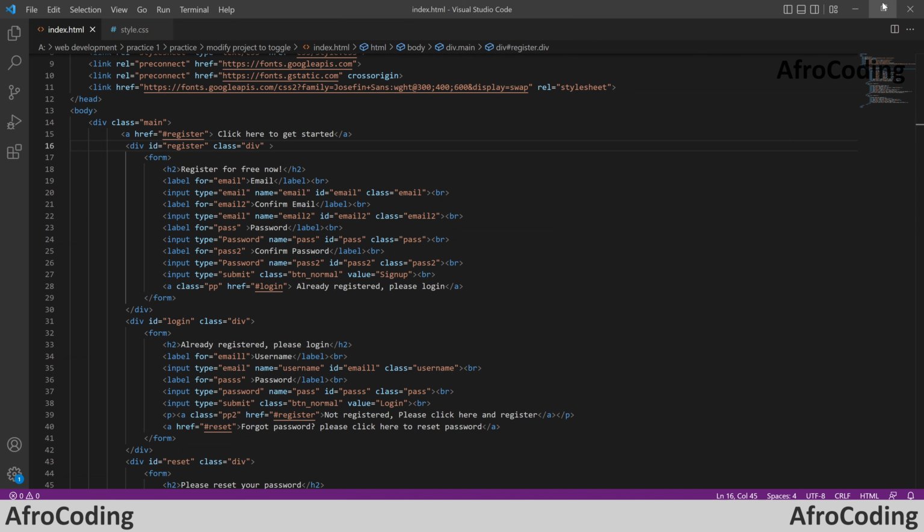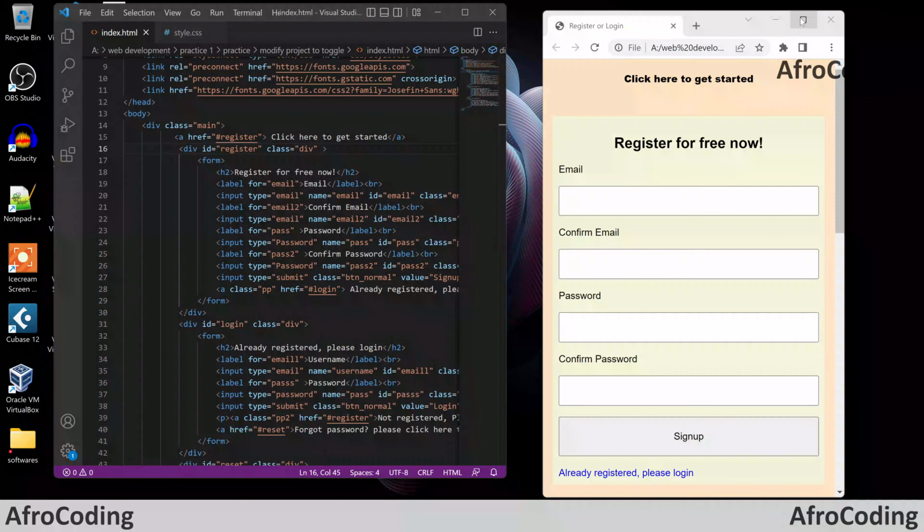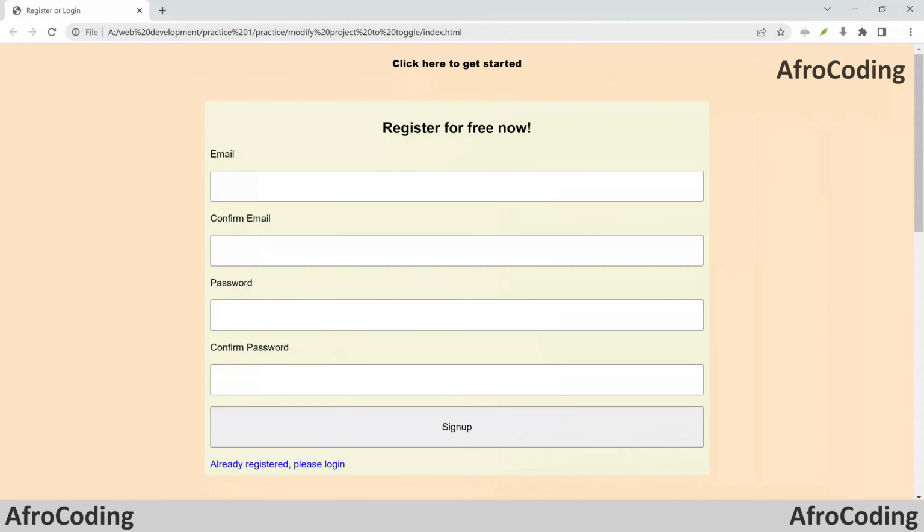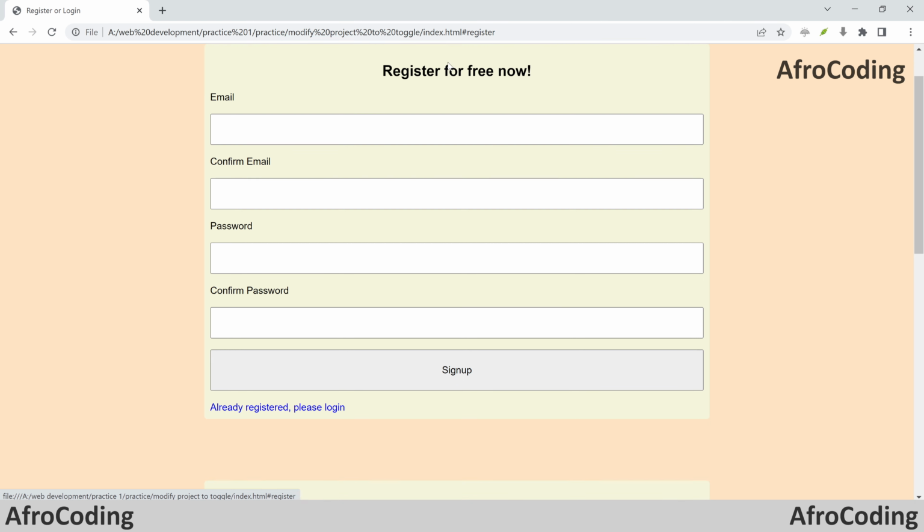Note, we've not written any CSS yet. This CSS you see is just the design. So our major focus now is to make sure that we toggle forms between a single web page. Now if you see this, let me open this. When you click on this, for example, this is actually a link. I did not start this properly, so it's just for demonstration purposes, so please take note. This is a link. So when you click on it,